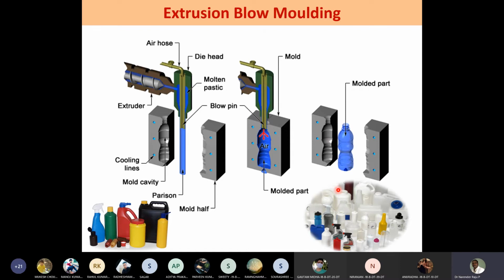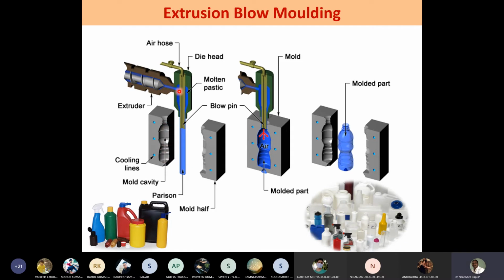Next one is extrusion blow molding. A couple of minutes back, I told you that thick plastic molten mass is passed through, and the thick molten mass coming out of the extruder, shown in blue color in this image, is called parison. Thick molten material coming out of the extruder is allowed to pass through mold cavities. Look at these gray colored ones, they are mold cavities. See the shape of the design, or the design of the prospective bottle.